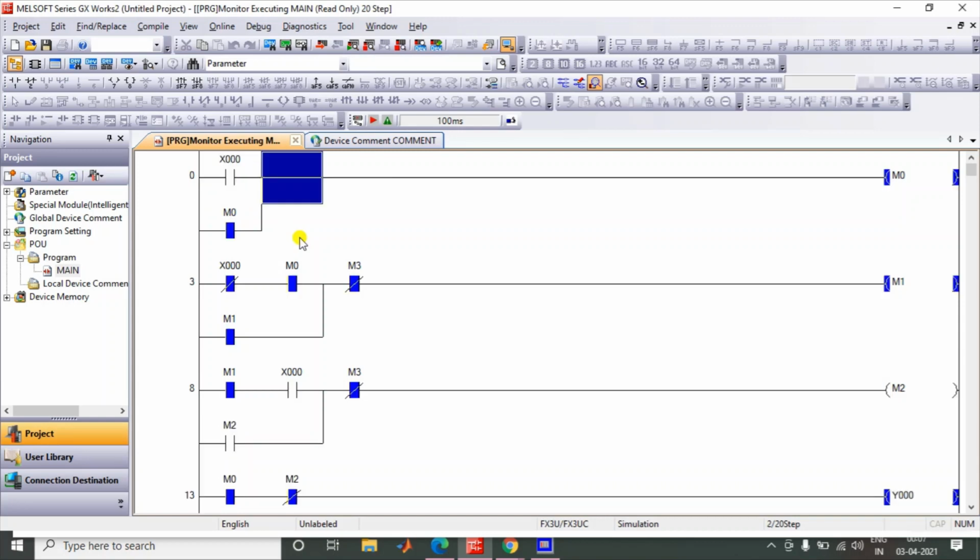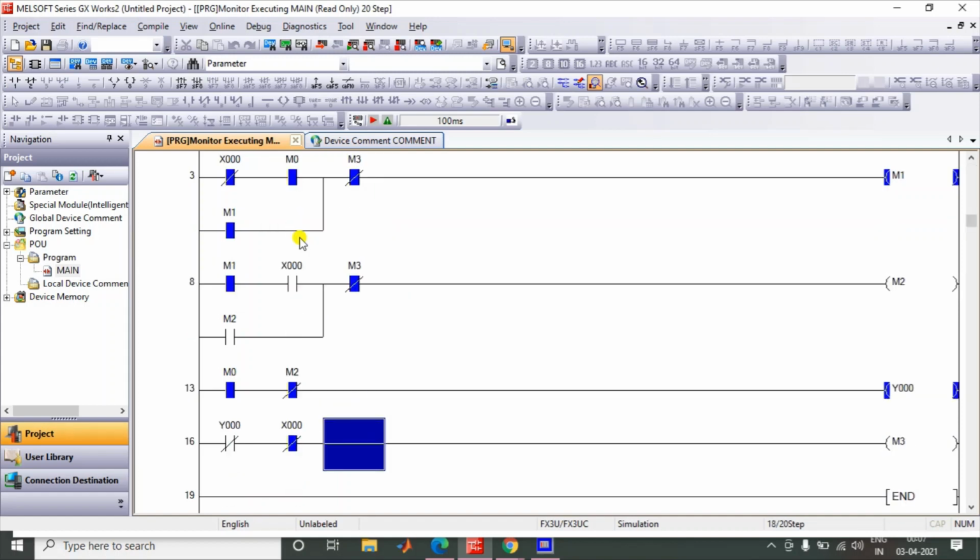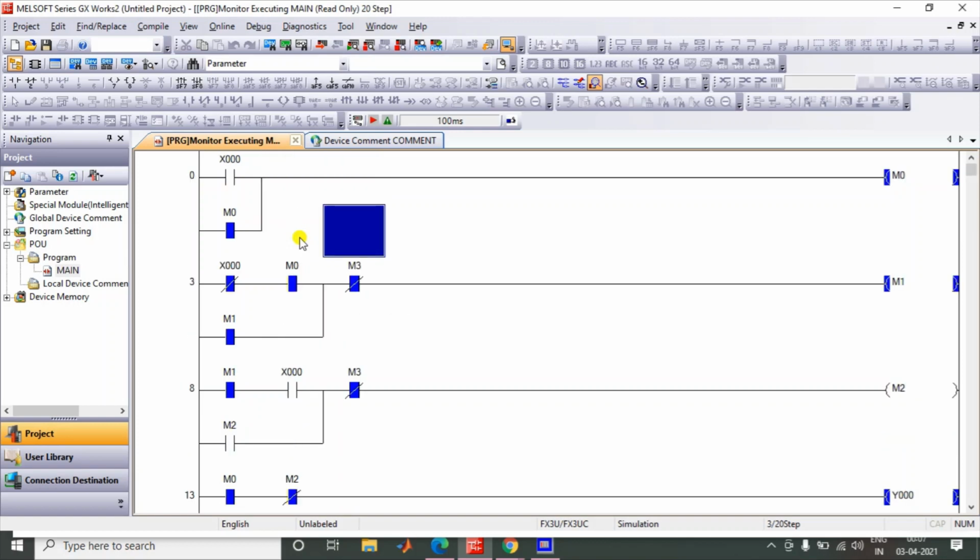So what we can see is the logic is almost done, but there is a minor mistake. I need to cut the holding of M0 also, and I am going to cut the holding of M0 when M2 is on. So I just forgot to place NC of M2 here.